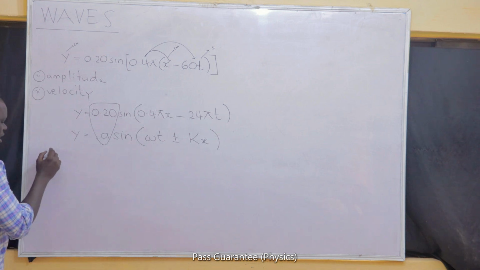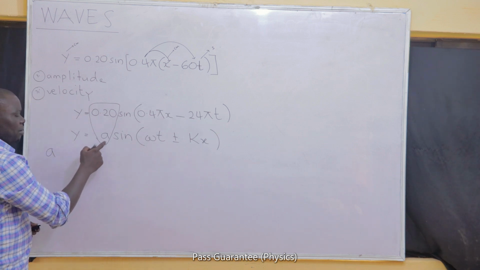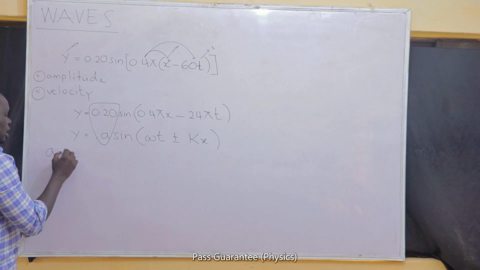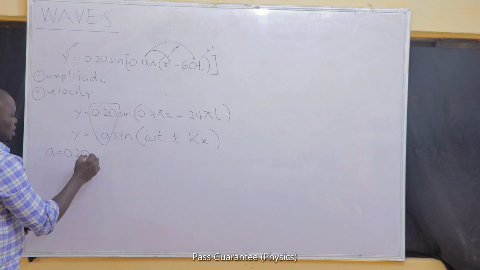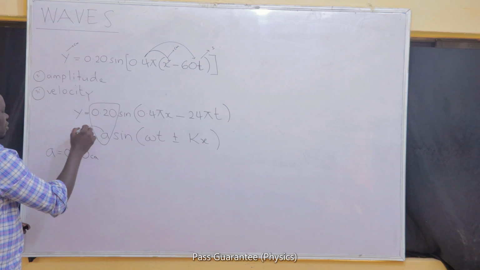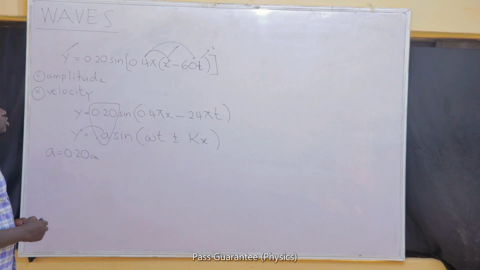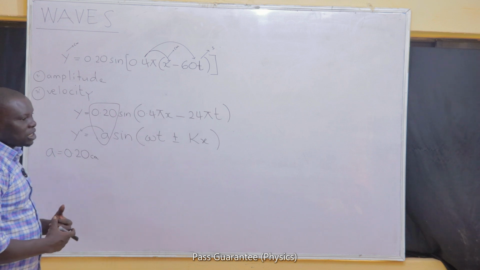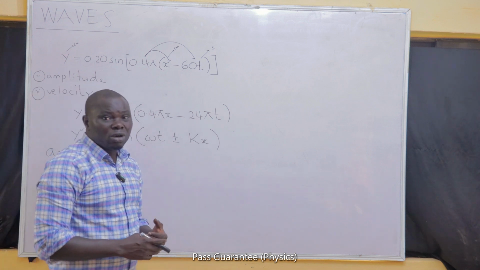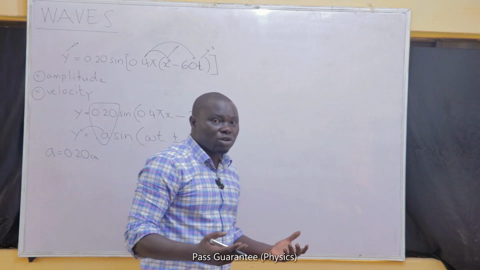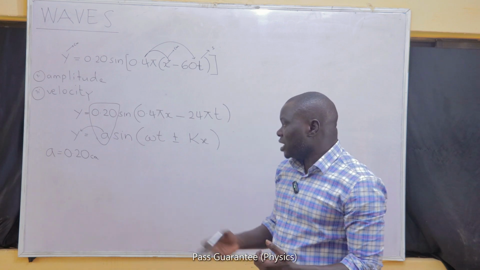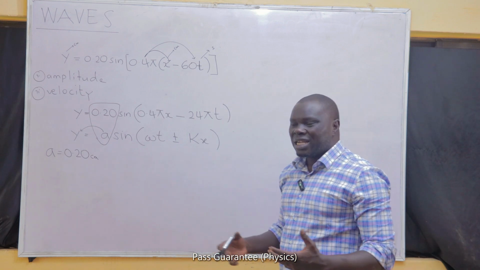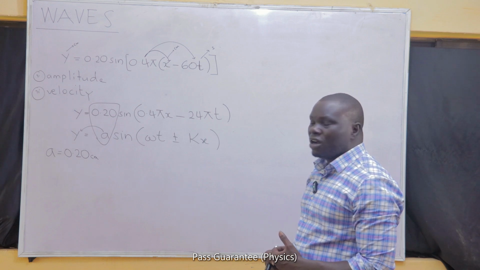My A, which is the amplitude, remember that I said A is the amplitude and there's a 1 in front of the sine. Your A is the amplitude and the amplitude will be 0.2 centimeters because A will have the same unit as your y, and we have been told that our y is in centimeters. So sometimes the equation will look so big, but all you are required to do is just to pick out your answer. For example, the amplitude is as simple as just picking it out from that equation. There's no addition, subtraction, or multiplication that you have to do.